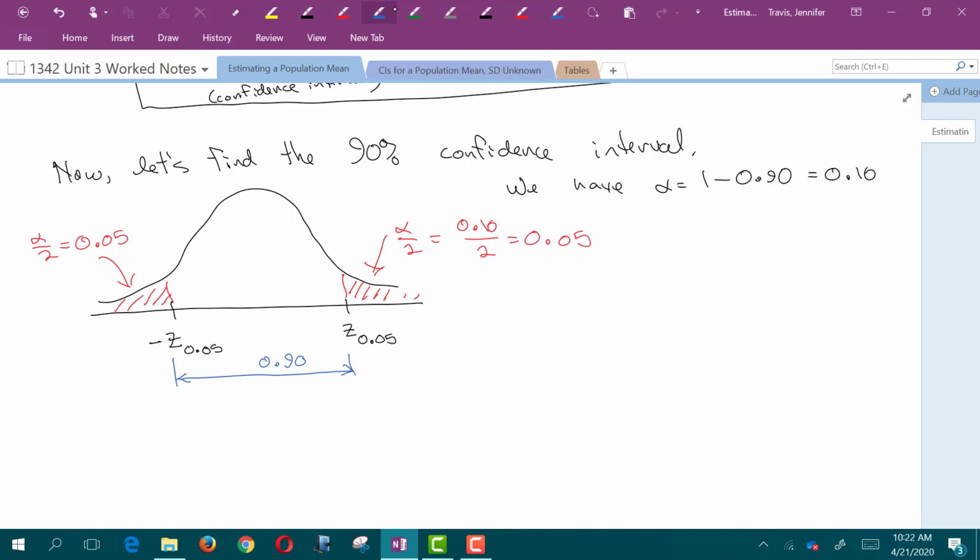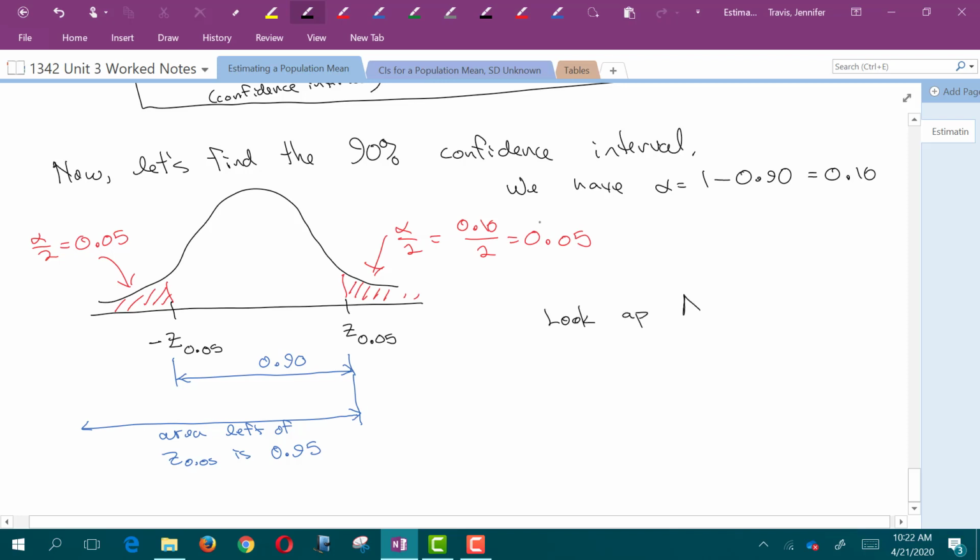Okay, so now we need the area to the left. So this area to the left is going to be what? It's going to be 0.95, right? Because we subtract the 0.05 that's off to the right, and so that leaves us 0.95 to the left. And remember, this goes infinitely far off to the left. We've got an asymptote there. Okay, so then what we're going to do is we're going to look up the area